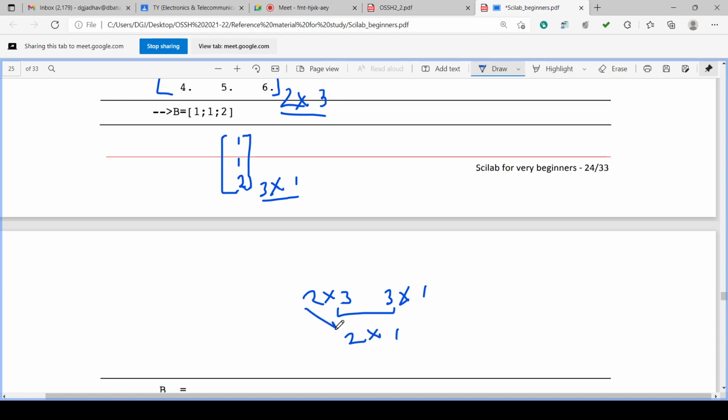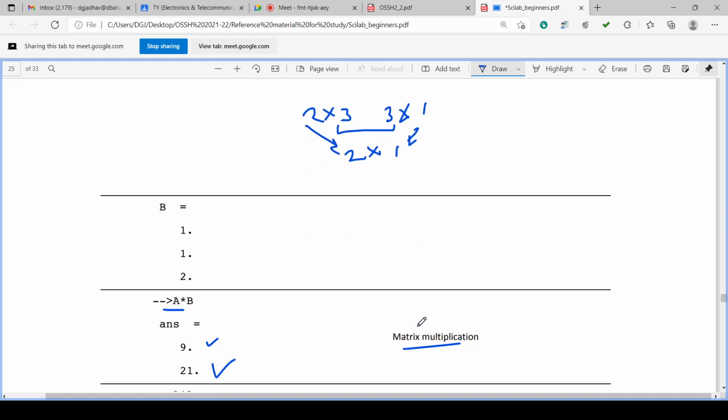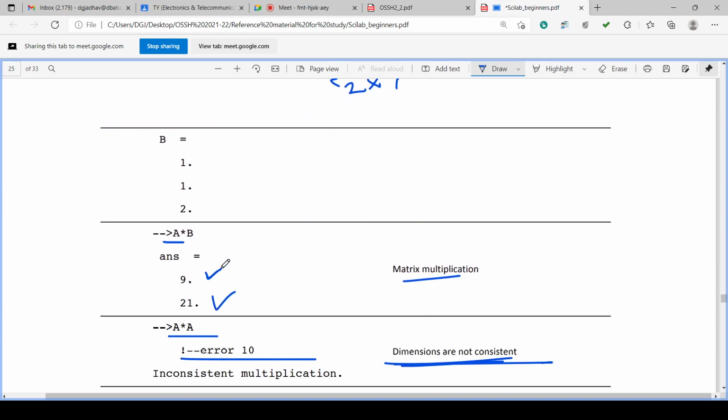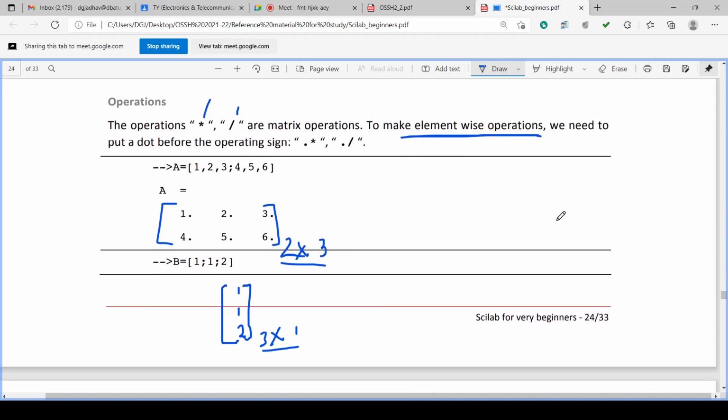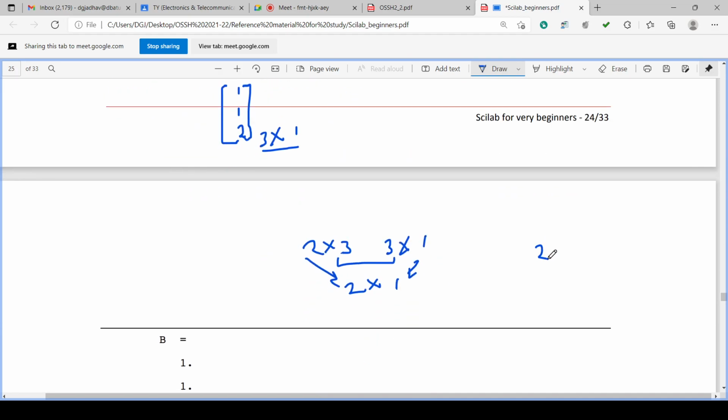So this 2 and this 1 is the result dimension, 2 by 1. But in the case of A into A, A has 2 by 3 and again A is 2 by 3. Sorry.